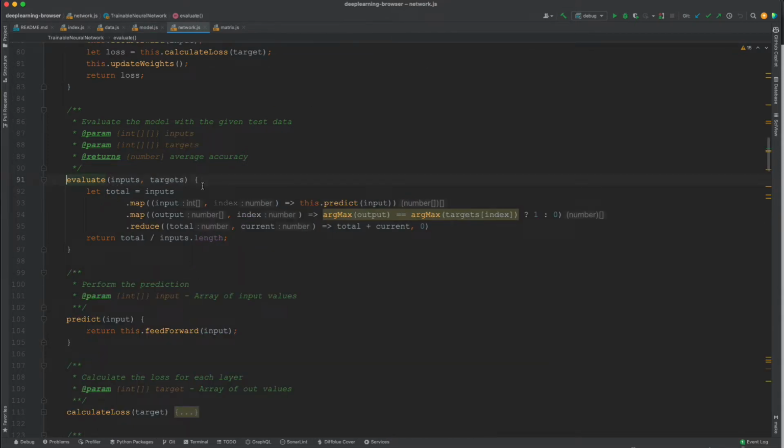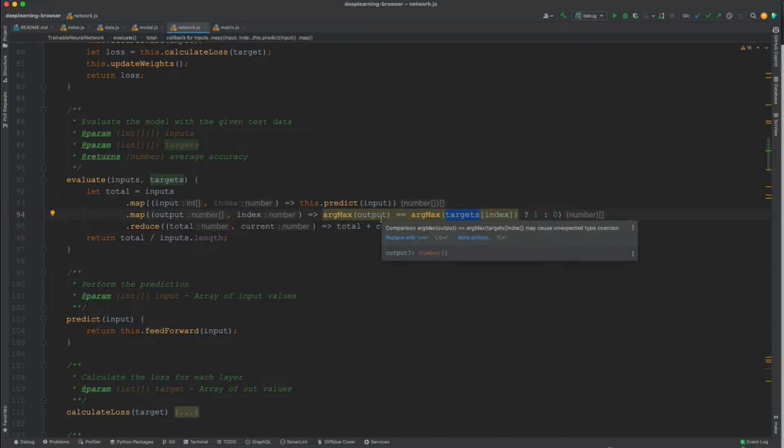So the evaluation process is basically 3 steps. The first one, we get the input and target and use the input to try to predict using our model, and then we get the prediction. In the next step we compare if that prediction was correct by looking at the target that was given. And why I use argmax here is because, as I explained in the last